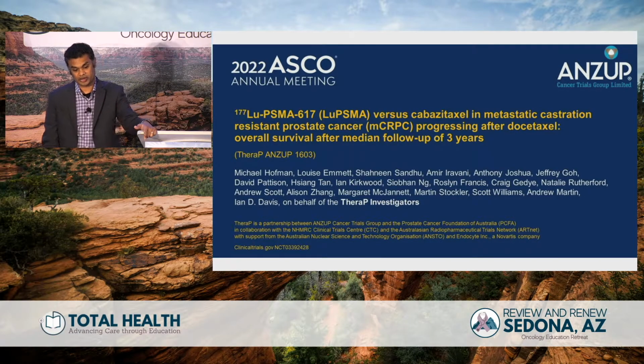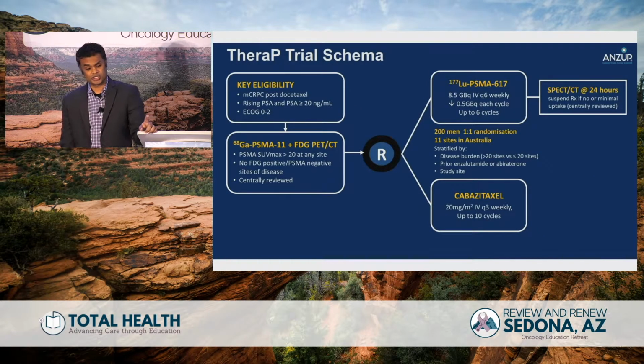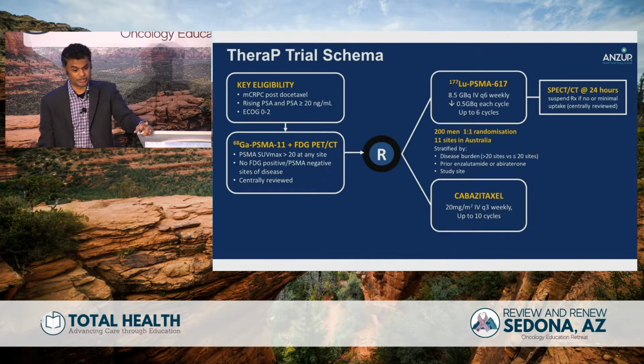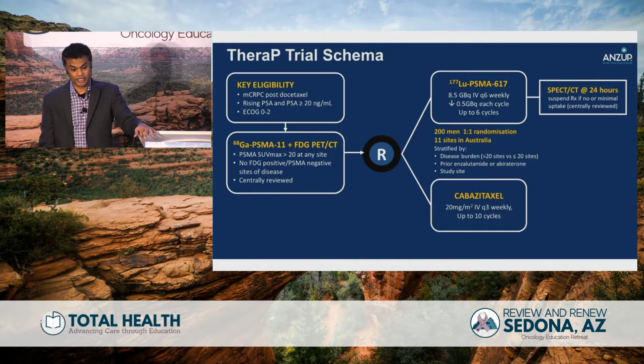Now this is comparing lutetium versus cabazitaxel. So this is the therapy trial schema. Patients had to have mCRPC post-docetaxel, rising PSA, and a PSA of greater than 20. They had to have a gallium PSMA PET with FDG PET CT, an SUV of 20 at any site, and